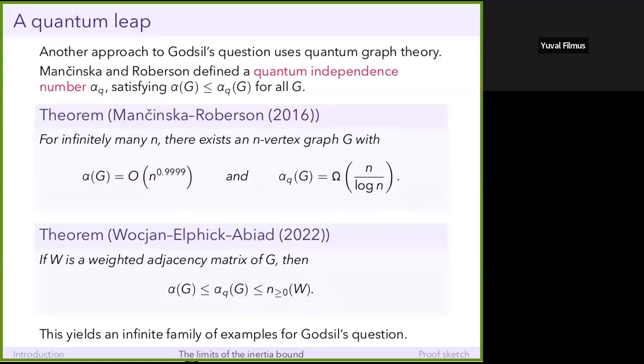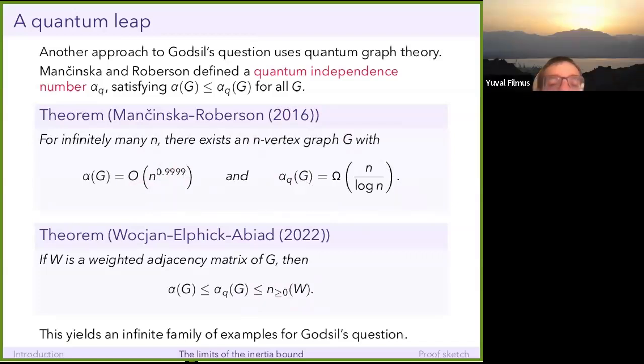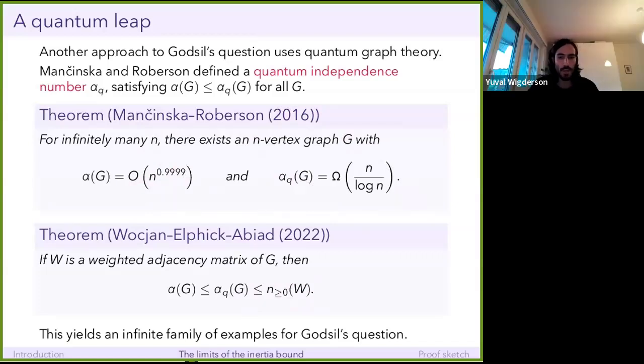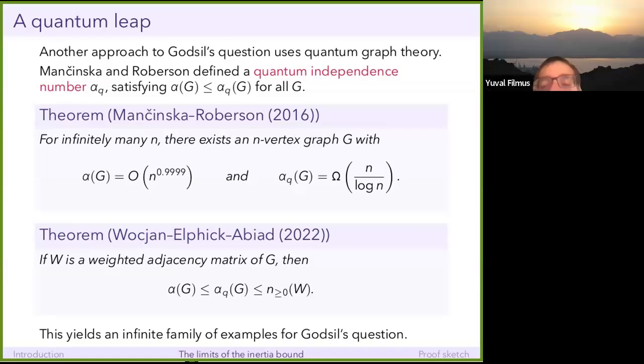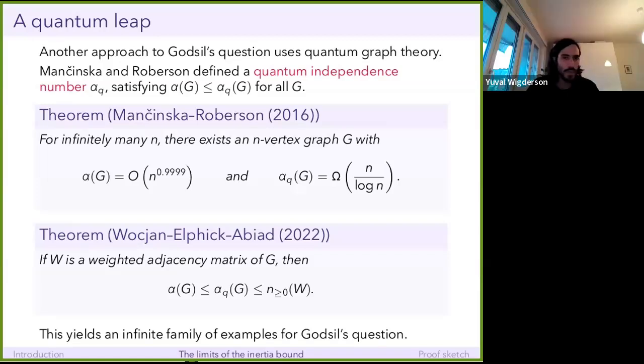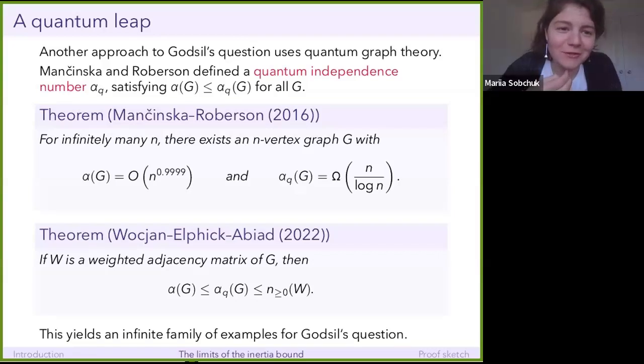So how does this compare to Shannon capacity? How does the quantum independence number compare to the Shannon capacity? Yeah. So I believe it's not known, actually, but maybe some quantum independence experts can correct me. Okay, I'm not an expert, but I do think they are related.